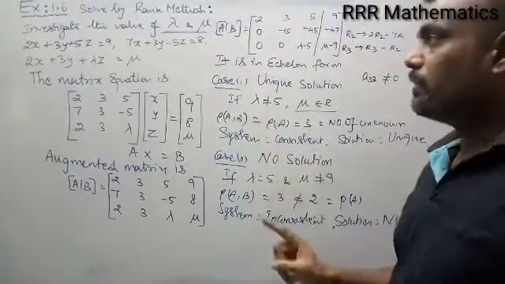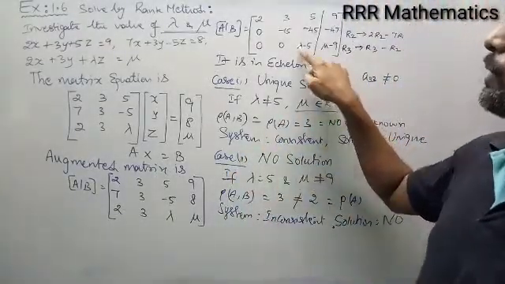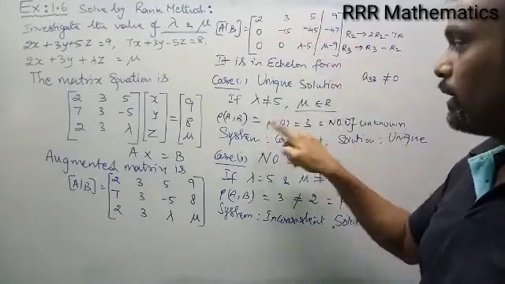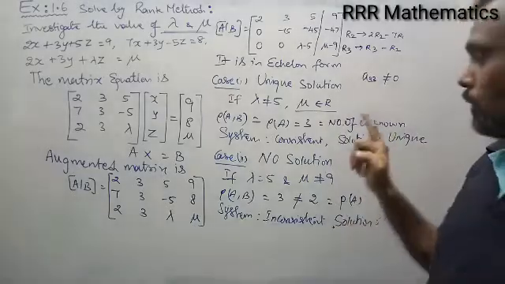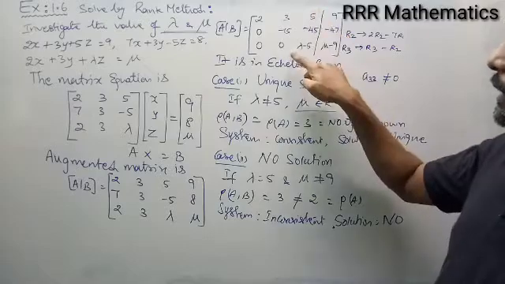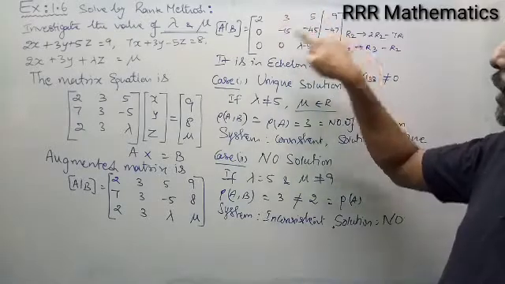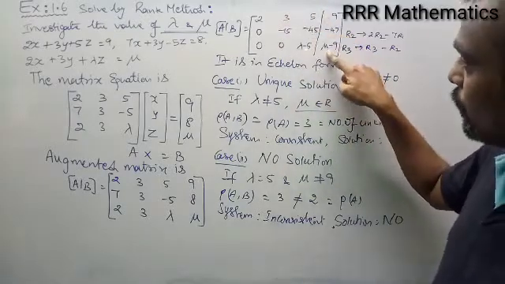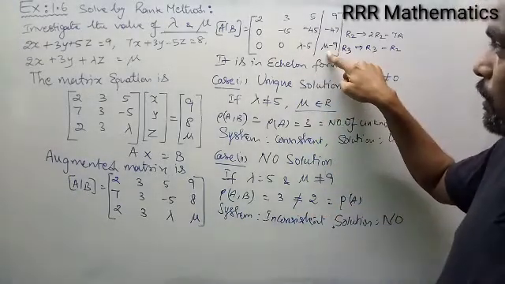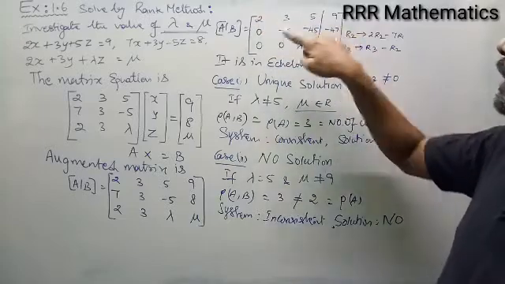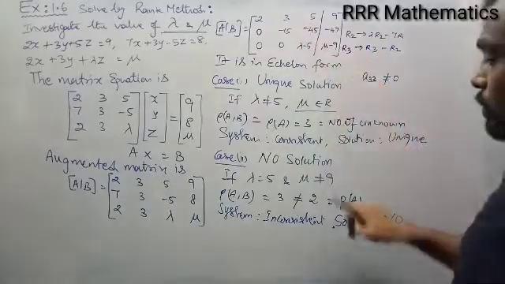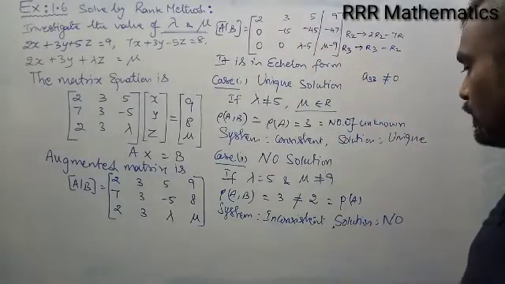For 3 equations, 3 variables, the position a33 is not equal to 0 with non-zero first row and second row. Then the rank of A comma B and rank of A are equal to the number of unknowns. The system is consistent, unique solution. And it is in echelon form. And of course these two are non-zero rows. When this is 0, this is not equal to 0, rank will be different. When this position is 0, this is not equal to 0, rank of A comma B will be 1, 2, 3. For the first 3 columns 0, 0, 0, so rank of A will be 2. These two are not equal, inconsistent, no solution.